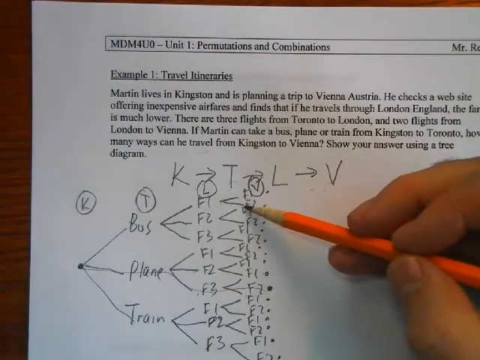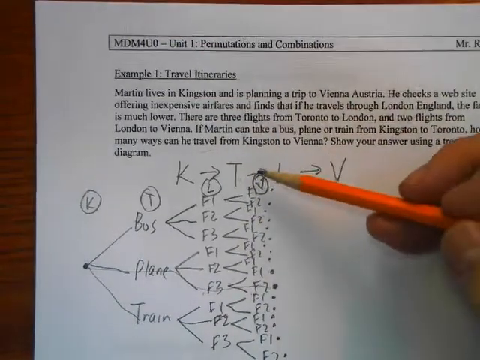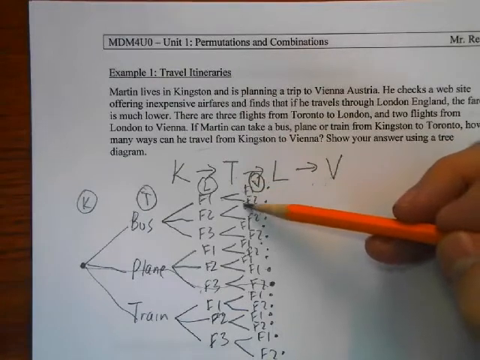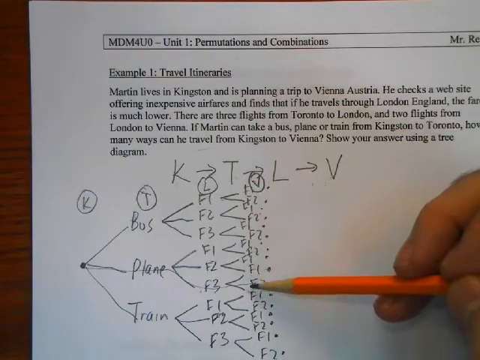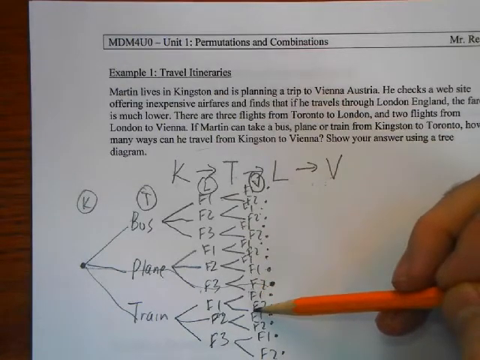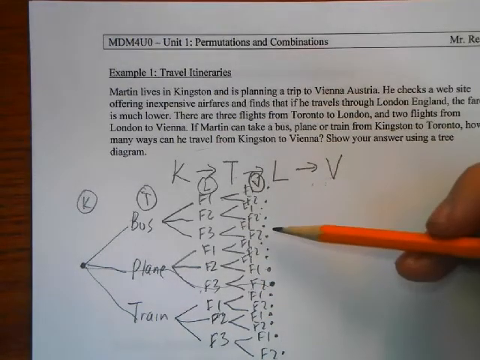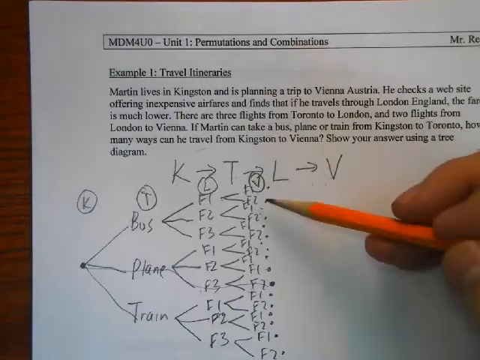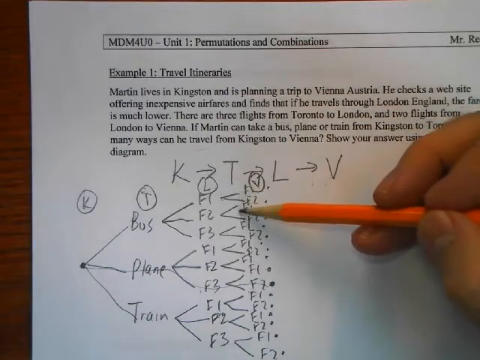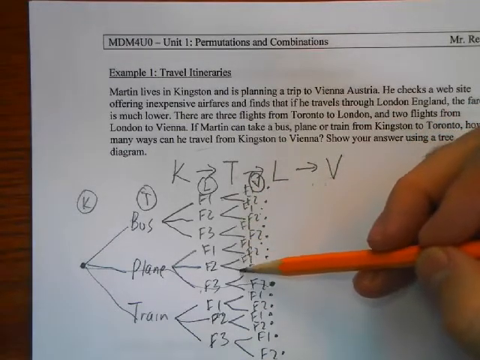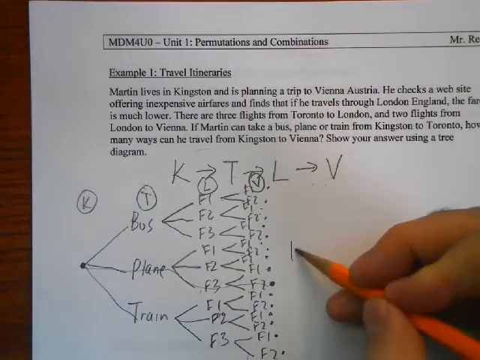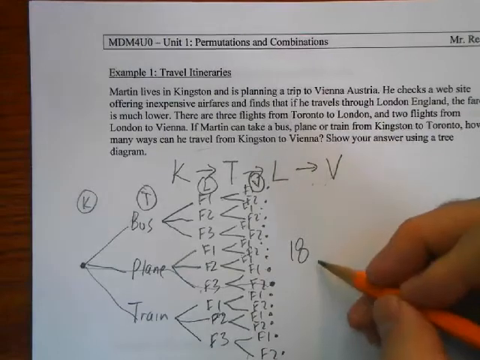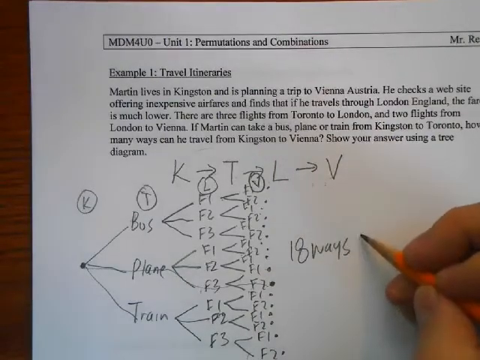1, 2, 3, 4, 5, 6, 7. I'll just count it by 2s. 2, 4, 6, 8, 10, 12, 14, 16, 18, 20, 22, 24, 26, 28. I'm double counting. Hold on here. So 1, 2, 3, 4, 5, 6, 7, 8, 9, 10, 12, 13, 14, 15, 16, 17, 18. So we have 18 ways to travel